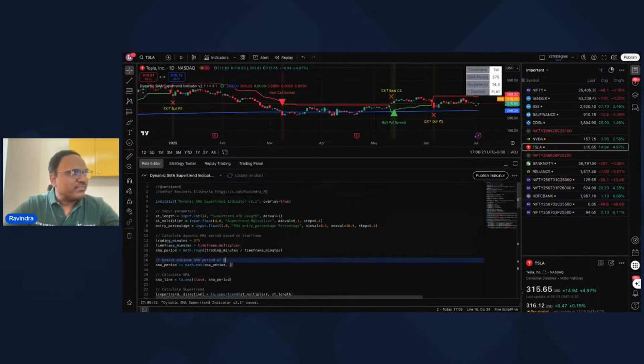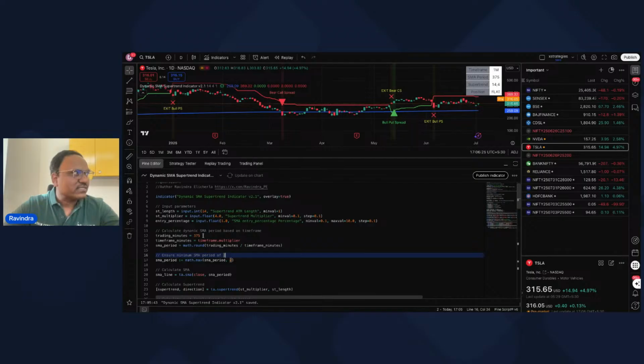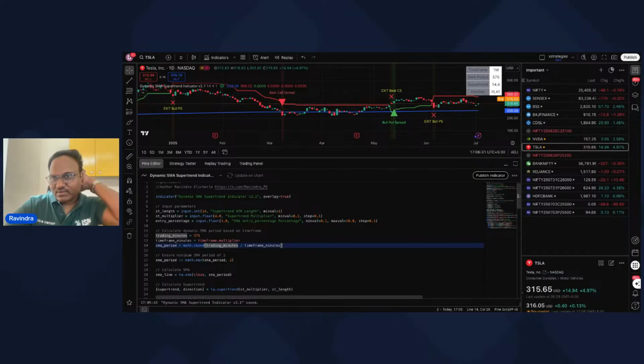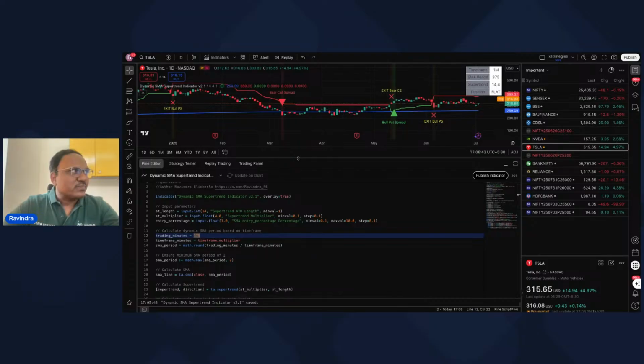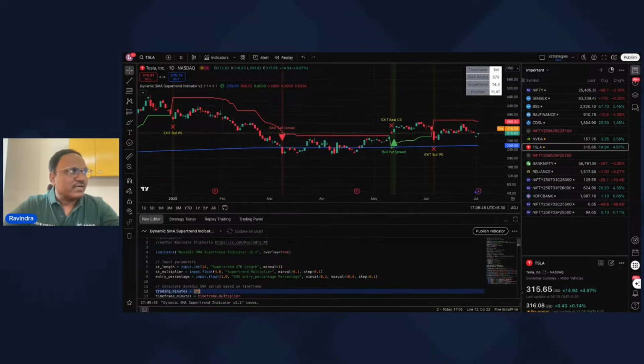Maybe very quickly, I'll explain the strategy itself, right? So first things first, there are trading minutes, 375. This is applicable to Indian markets where we have 375 trading minutes in a day, starting from 9:15 to 3:30. And then try to use this as one of the things. You can also change this. And my view is a lot of intraday is absolutely defined by what happens in these minutes, right?